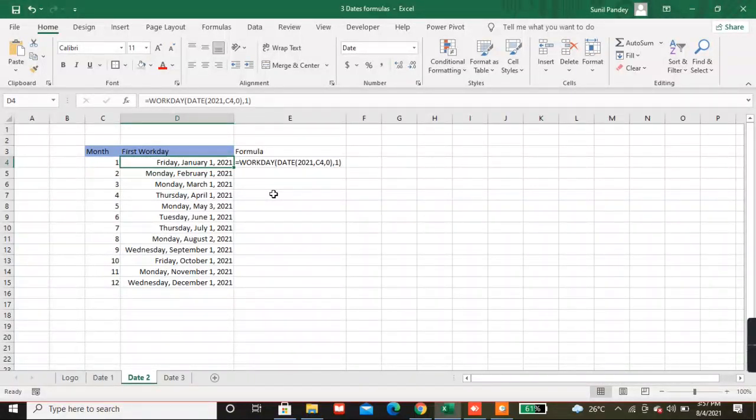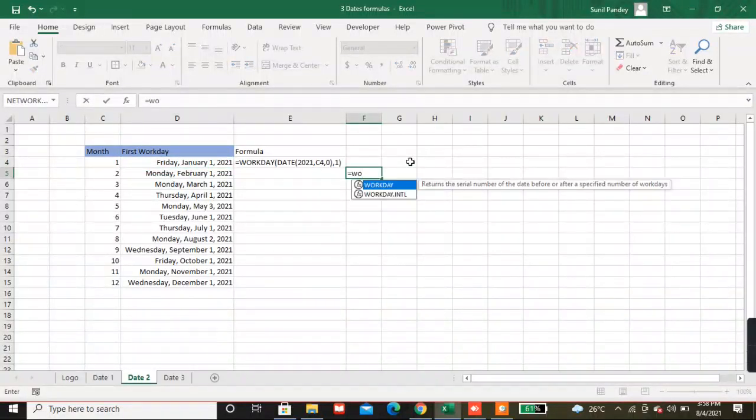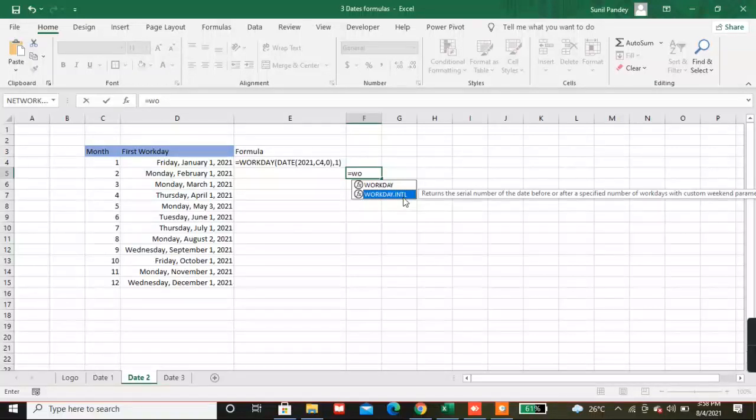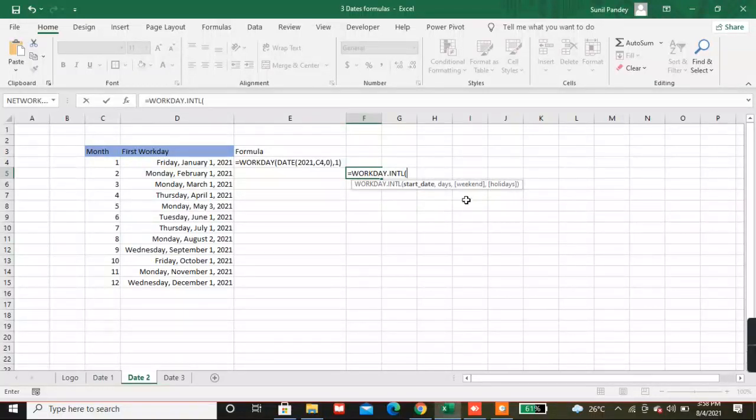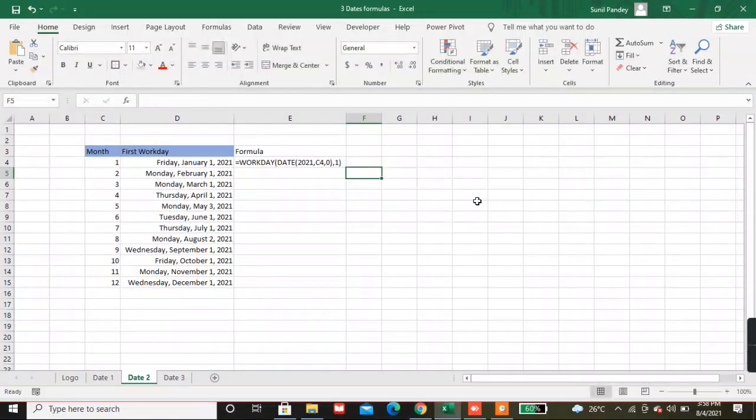Okay, and if you want to find out another working day pattern, like Thursday to Wednesday, you can use this formula WORKDAY.INTL, and here you can choose your weekday, your weekend. Okay, and you can replicate the same formula here for the first working day.